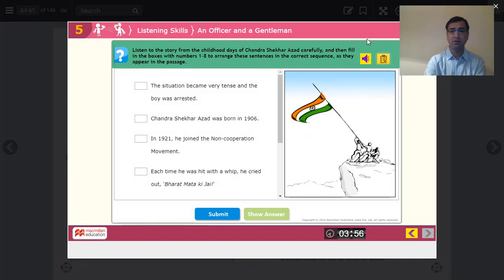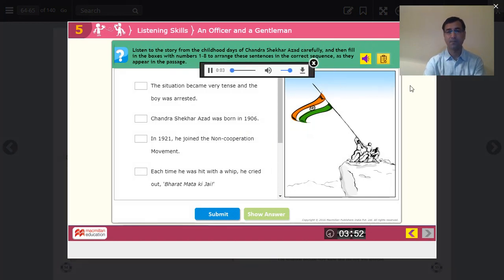So you have the listening input. Chandrasekhar Azad was born on 23rd July 1906 in a small town in